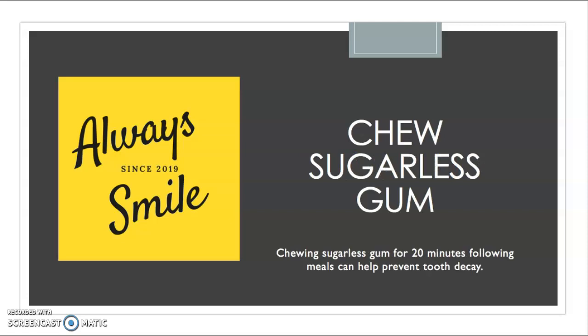Another thing that people can do to help prevent gum disease, or to always have that good smile, is to chew sugarless gum. And you need to check to make sure that it is really sugarless gum. And one way to do that is to check for the ADA seal, and that way you know it is sugarless. A couple of things of what chewing gum can help do. It's going to increase the flow of saliva in your mouth, which helps to wash away food and other debris, and it helps to neutralize the acids and bacteria that